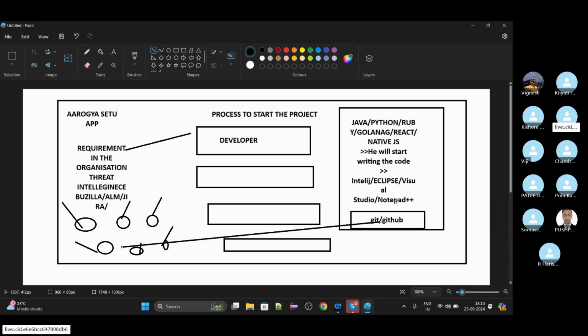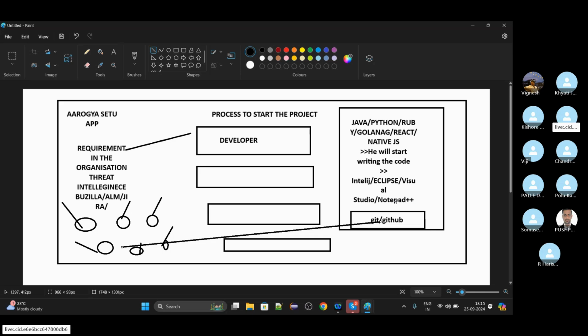What we did, we reached here. We got a requirement from the beginning, the way we got it yesterday. We finalized which language we want to use. Once the language was finalized, we started writing the code. Once the code is finalized, we started using the tool we want to use. And then we pushed the code to the common repo. So in the organization, whoever has access to this repo can access that particular code, right?